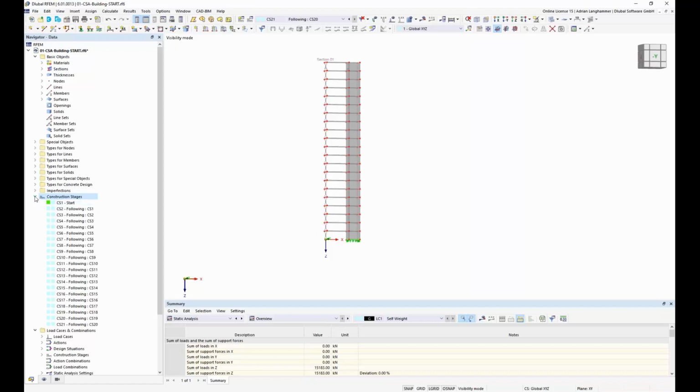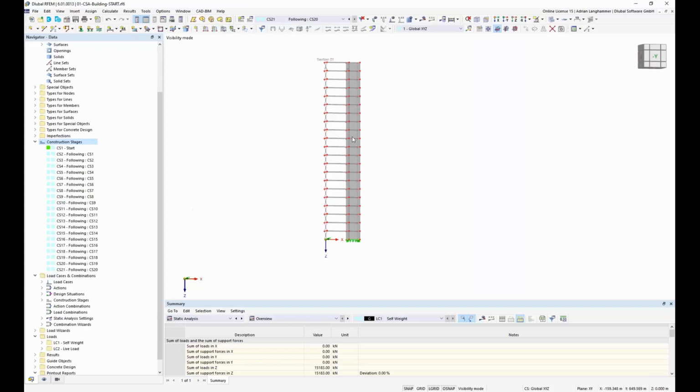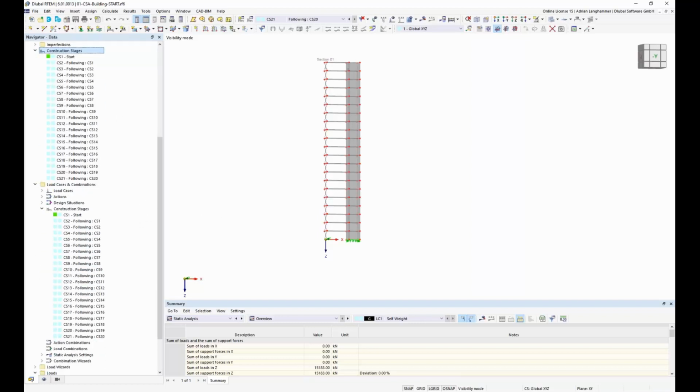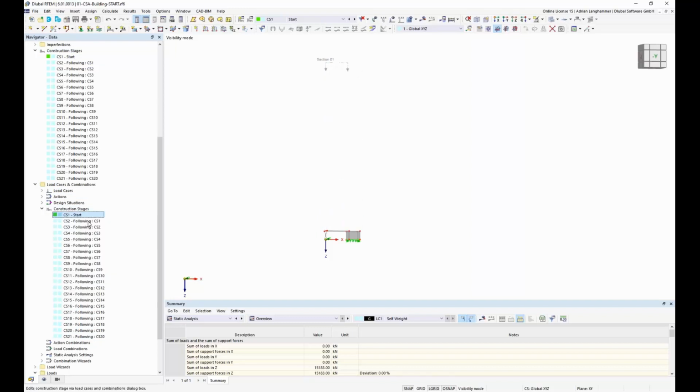Now I will define the construction stages on the load side. So we have the structure on the one side, and now the loads on the other side. If I've defined the construction stages here, they are automatically generated in the load cases and combinations. So I can, for example, edit a construction stage,